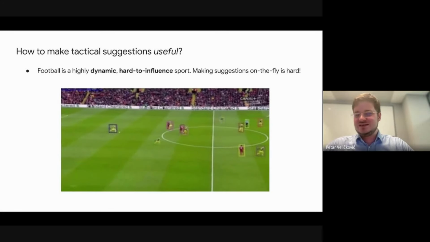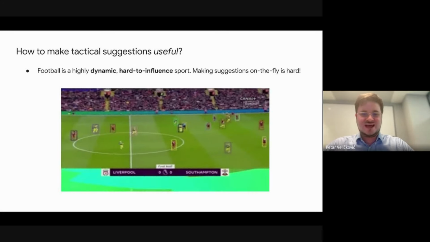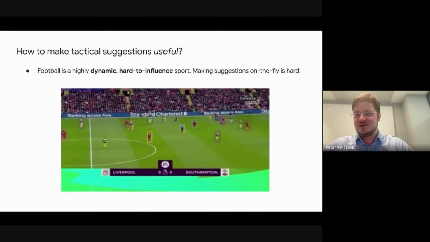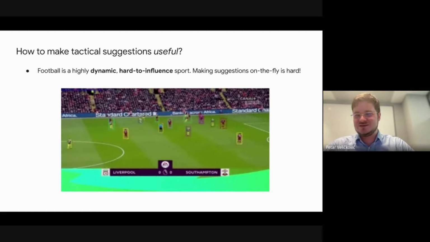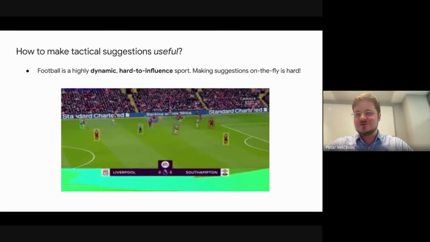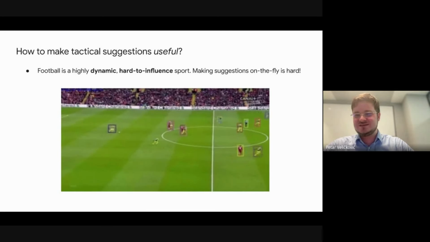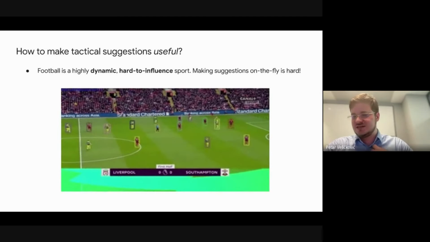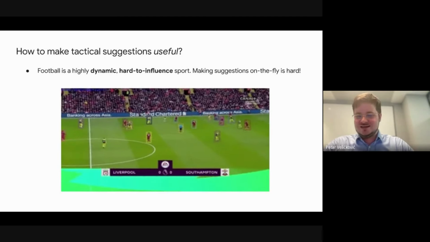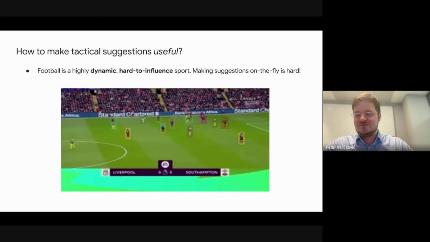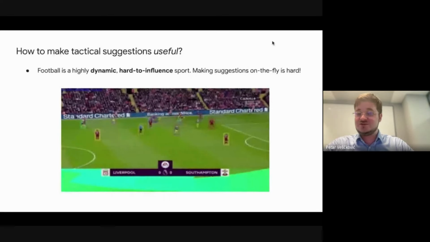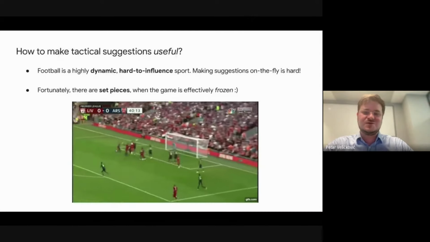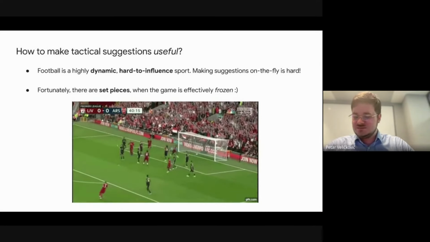You might see some immediate opportunity to improve the tactics, but imagine a coach shouting at the players every 10 seconds or 10 minutes or something like this. You are bound to confuse the players more than anything else. They have lots of very well-practiced things that they do ahead of a match that they should stick to, ideally. And open play implementations are tricky. Fortunately for us, there exist parts of the football game known as set pieces,